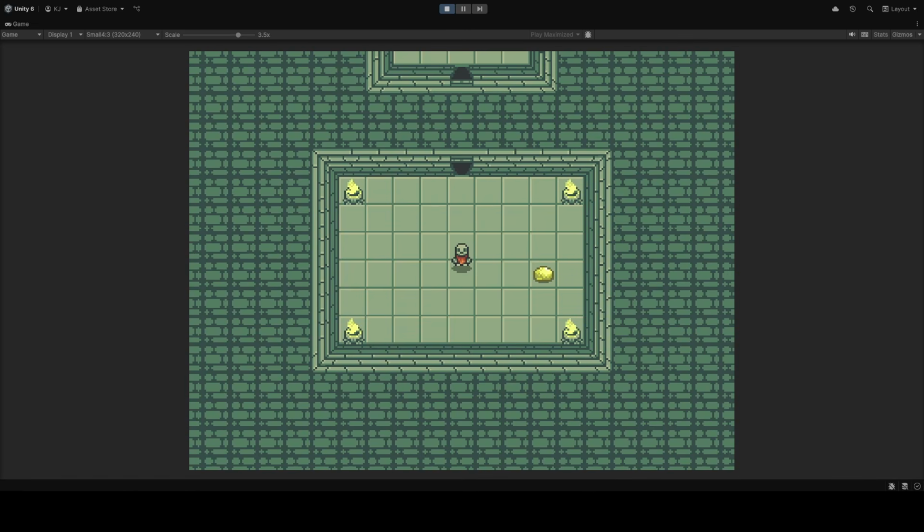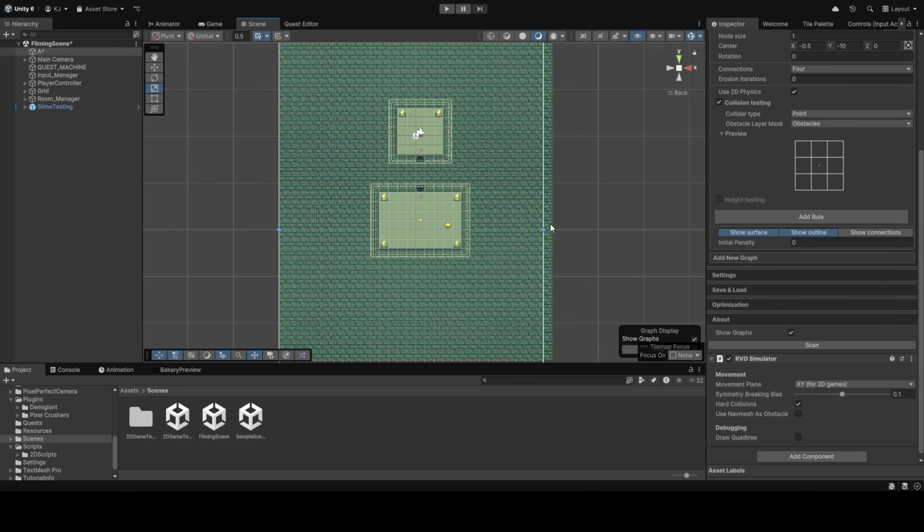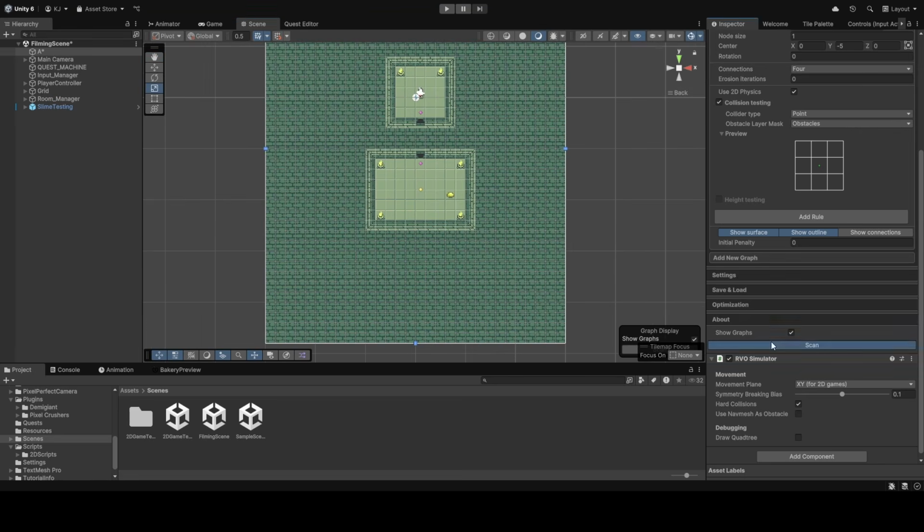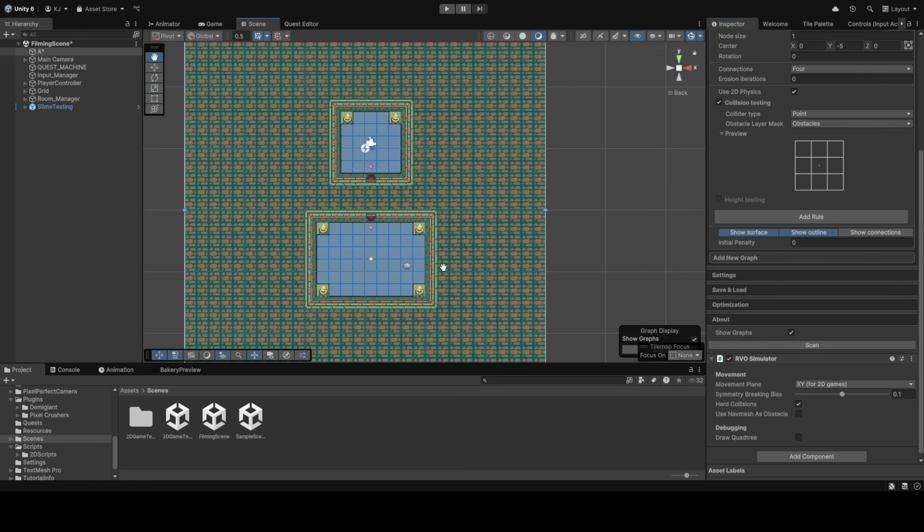I started with a slime enemy. I imported it into Unity, and I had a slime. But I wanted it to be able to move. And while I could use Unity's built-in AI system, I decided to use the asset A-Star Pathfinding for Unity. The asset allows me to have more control of the AI's path as well as just being overall smarter than